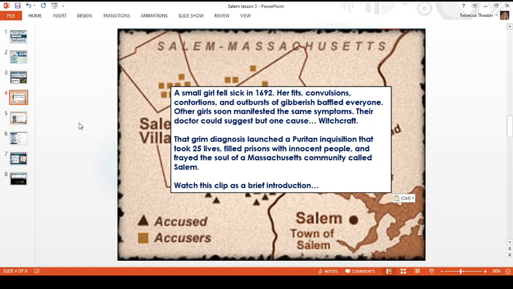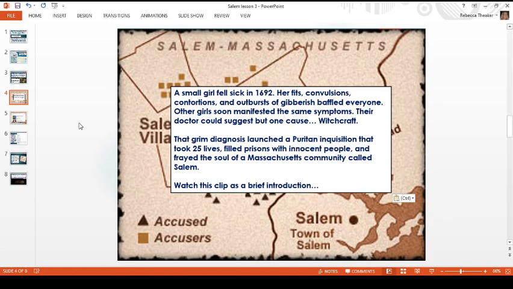And these symptoms seem to baffle everybody. And then other girls seem to catch the same symptoms and show the same things that we see with the first girl. Doctors are really concerned, but eventually they decide that their symptoms can only suggest one thing: witchcraft,